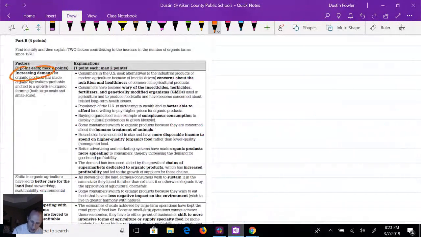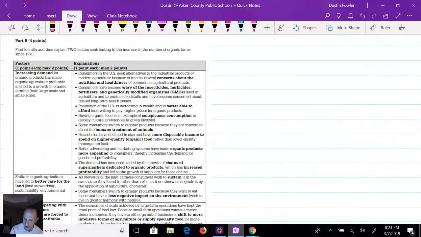I definitely said increased demand for... let's see, it says increased demand for organic products has made organic agriculture profitable and led to organic growth in organic farming. All right, so I feel like my ID was pretty good for that. All right, let's see, it's demand for, so I would underline demand for foods that are not produced using chemicals,